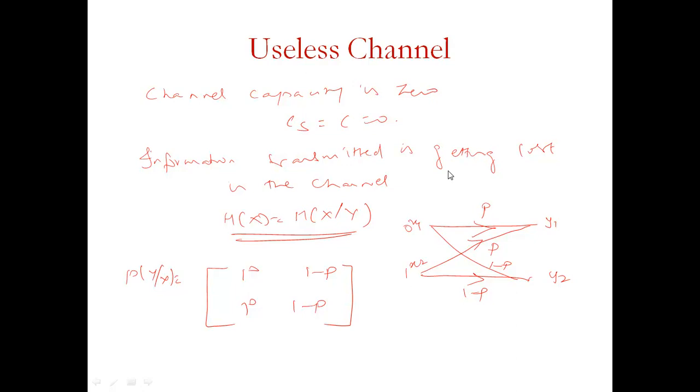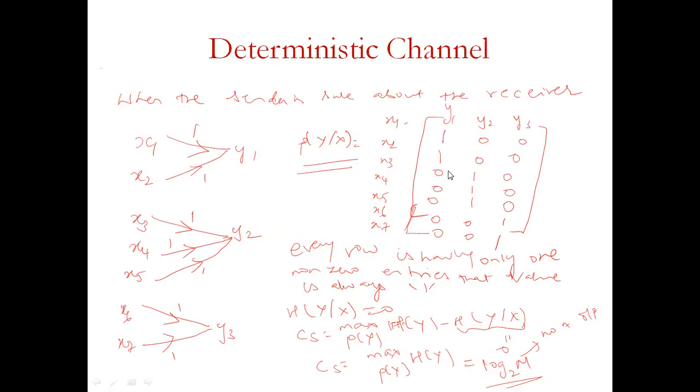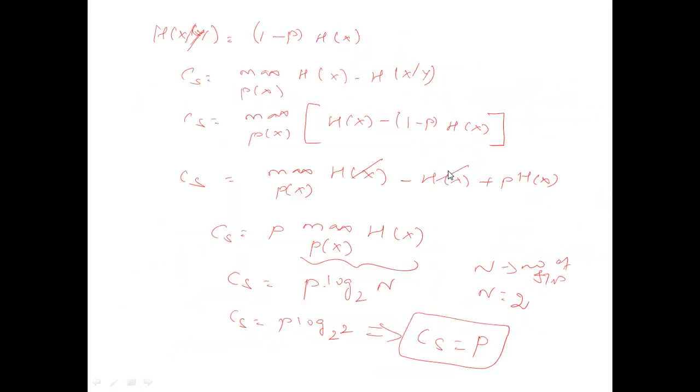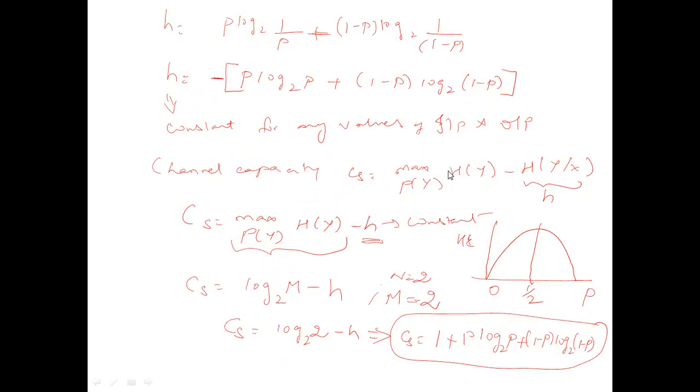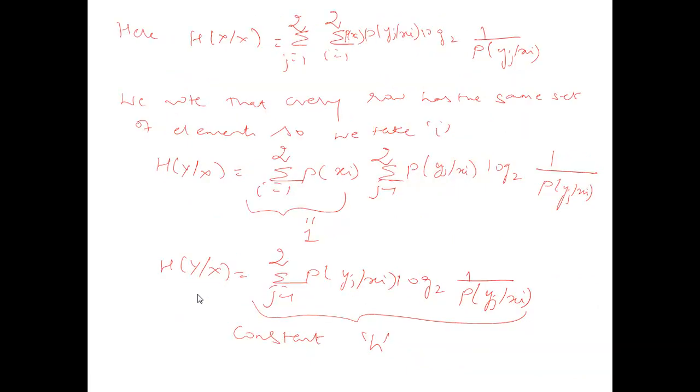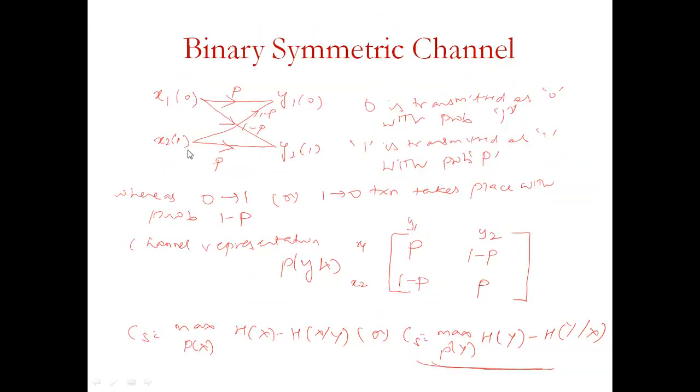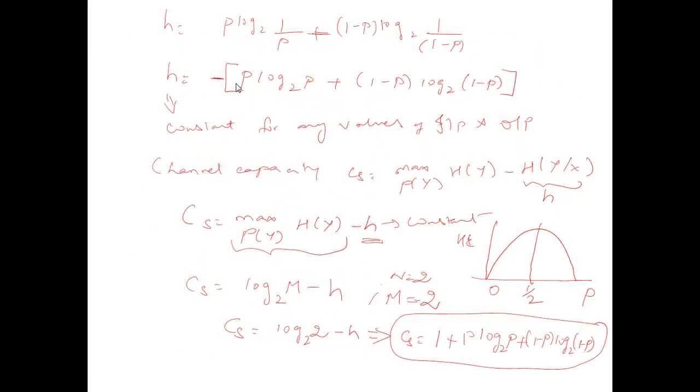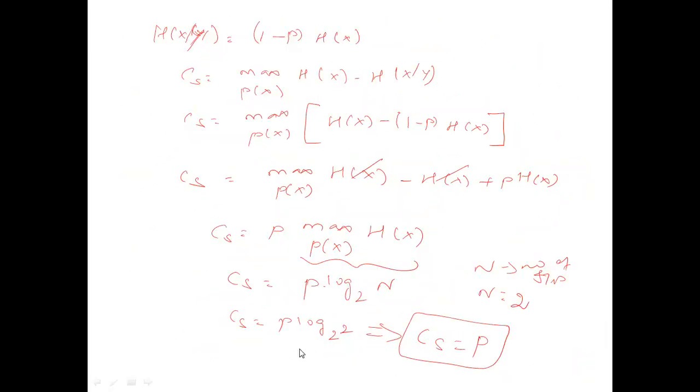So what you can do is you can take a general tabulation. What you need to understand when you see a binary symmetric channel, if the question is about the channel capacity, you can directly use the formula CS equal to 1 plus P log base 2 of P plus (1 minus P) log base 2 of (1 minus P). The P value is nothing but this one given here. So you can directly use the formula and compute. Similarly, for binary erasure channel, CS is nothing but 1 minus P.